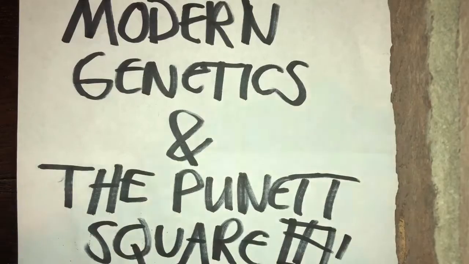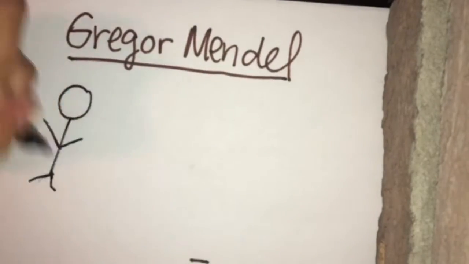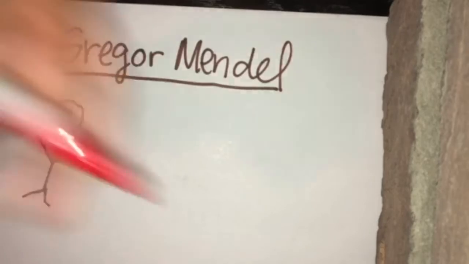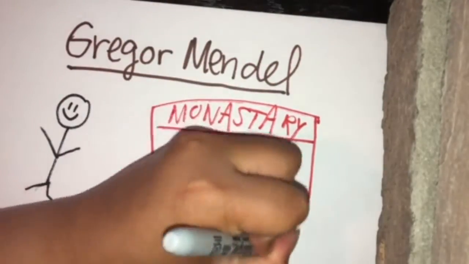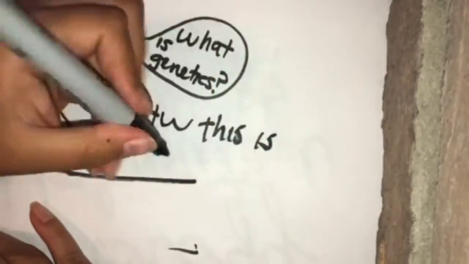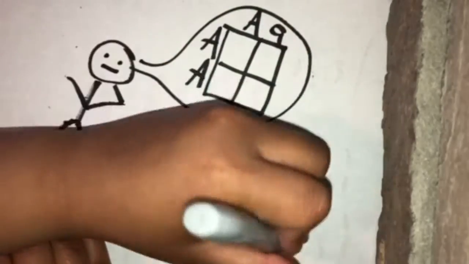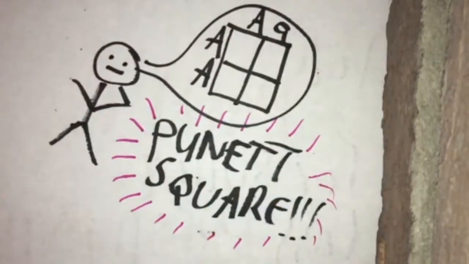Let's dive in. Everything we know about genetics today stems from a monk named Gregor Mendel. He lived in the mid-1800s in an abbey garden and documented inheritance in pea plants. He did lots of experiments on pea plants by cross-pollinating these pea plants with opposite traits such as tall and short and white and purple. By meticulously observing the pea plant and keeping detailed notes, Mendel was eventually able to establish the first ever rules